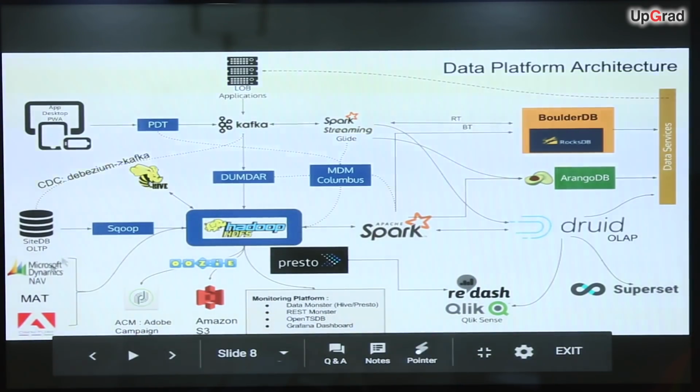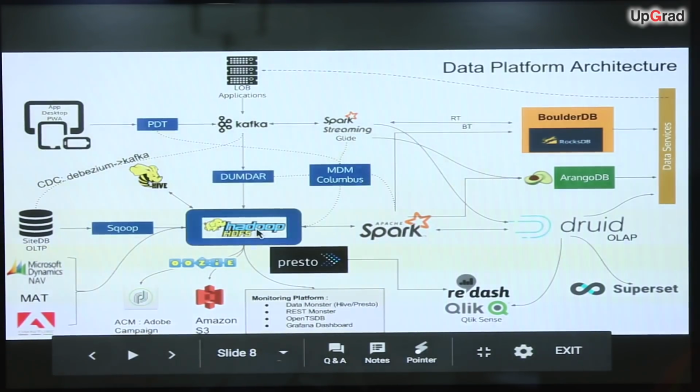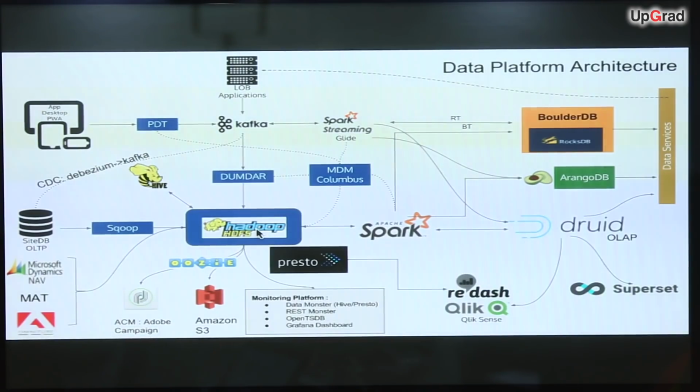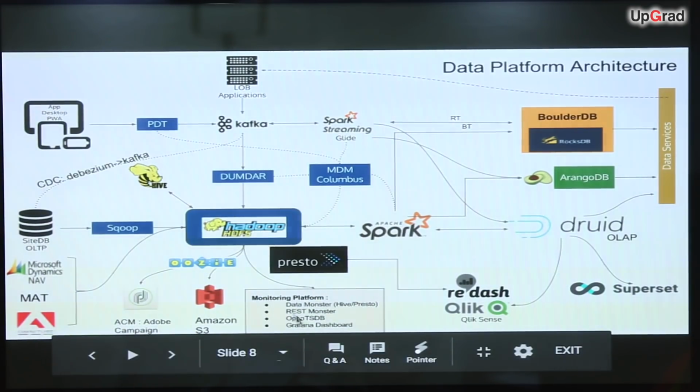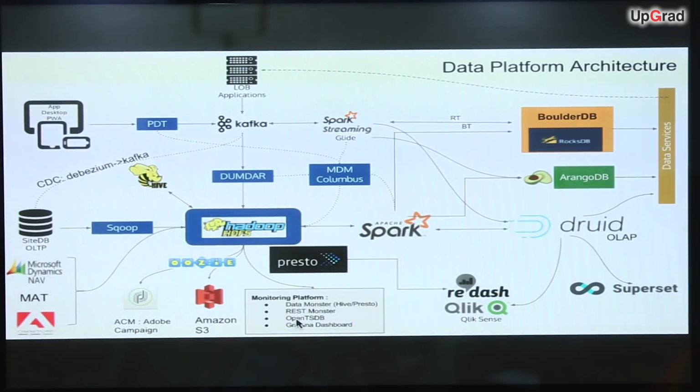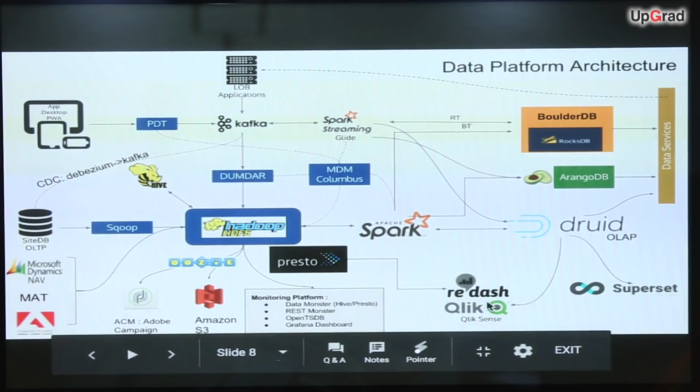And from different sources like ERP systems, analytics systems, we use Adobe Omniture and plenty of other services. So we have various data pipelines which are powering some of those data products at the back. We also have a monitoring platform, which is part of our big data stack itself, powered by OpenTSDB, Grafana dashboarding, and other things. And for visualizations, we use Redash, Qlik, and Superset.